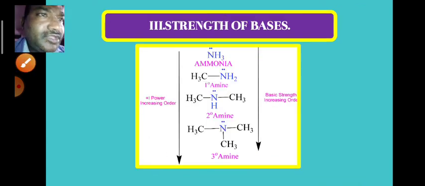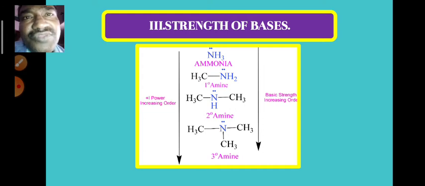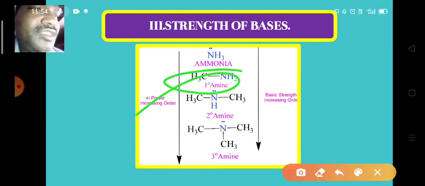Okay. Now we go for the strength of the bases. We know very well that nitrogen containing compounds are good bases. Ammonia is the best example of a base, because these compounds which contain nitrogen act as Lewis bases. In ammonia, nitrogen is attached to only hydrogen atoms. And the next one is methylamine. Methylamine is a primary amine, and in this case, the amine group is attached to one methyl group, one alkyl group.